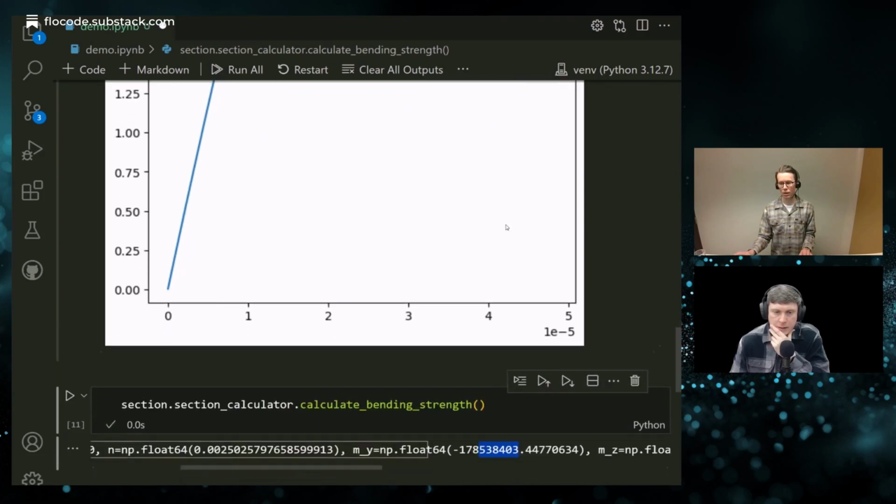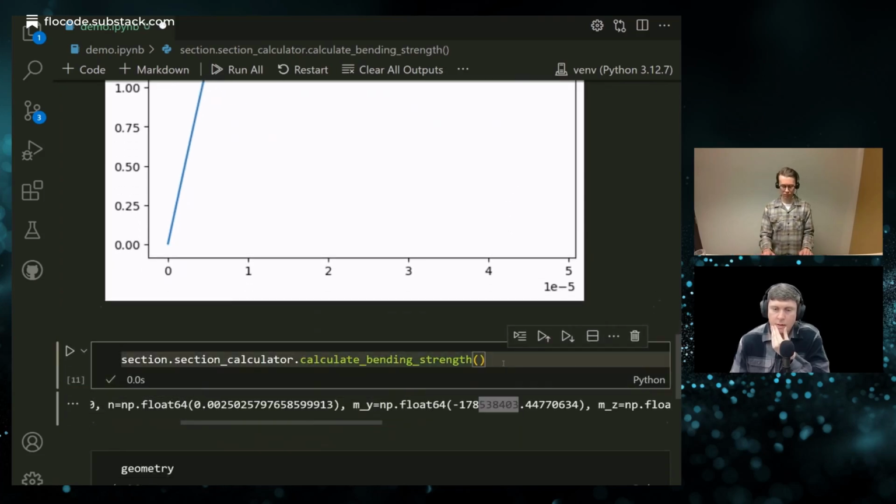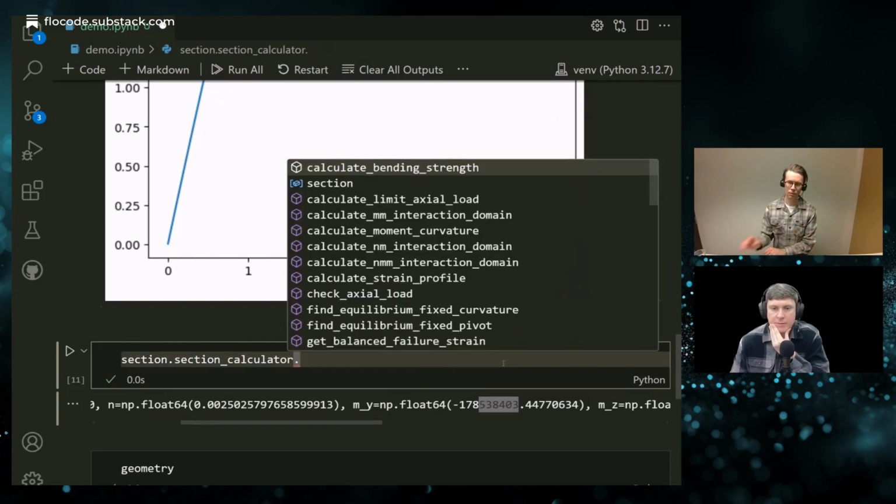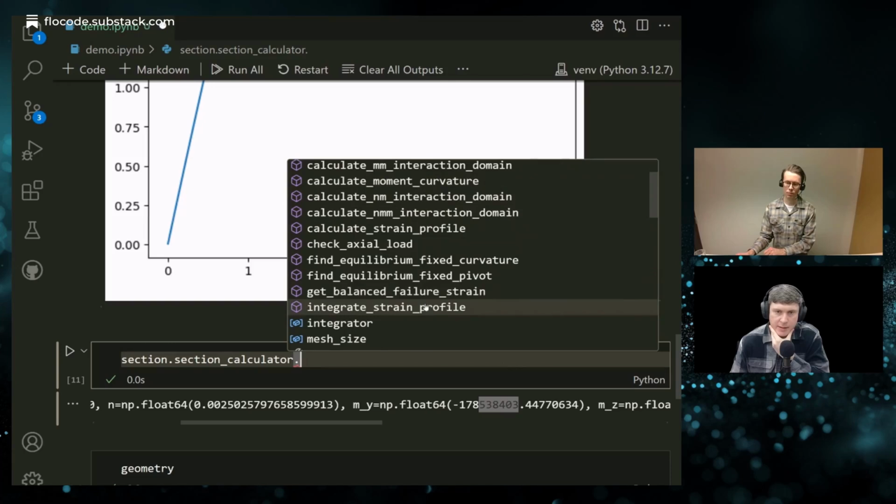Cool. And so I noticed that as you hovered on each one of these methods available to you, you've also got detailed documentation on each one so that people can see what type of inputs are required. There's a docstring tied to each one to figure out what they are.